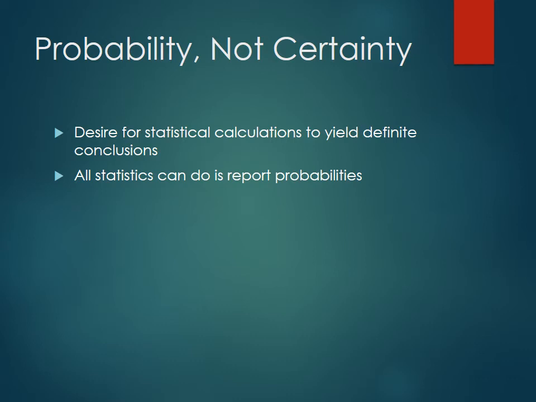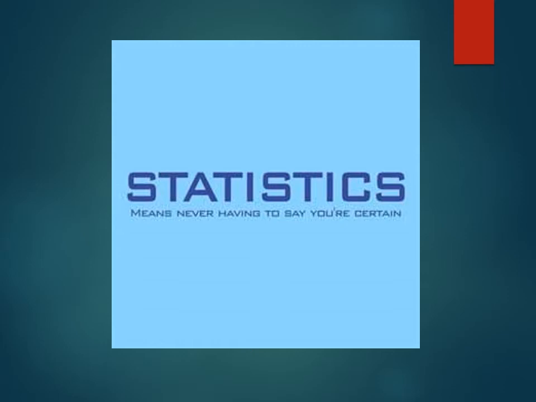So just keep that in mind. Stats is basically just never having to say you're certain, but at least saying that, probably this is right, but who knows, right? So just like I mentioned with that CDC article, I probably don't have a higher chance to get divorced from my wife, but I tell a lot of bad jokes. So, that may be a confounder that the CDC didn't really account for, who knows? So like I said, we'll see in 7 years.